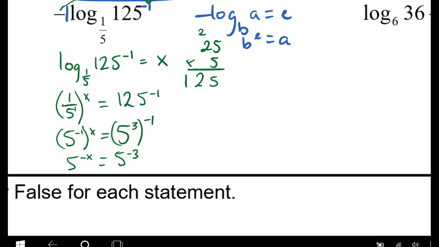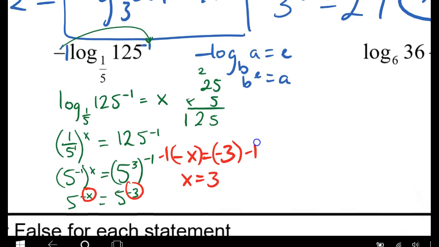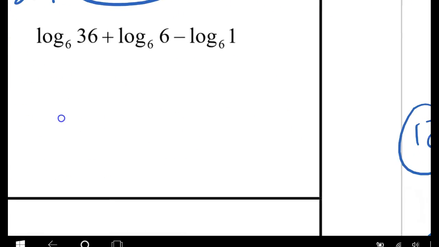So let's do this. These exponents now, set them equal. And then let's get rid of that negative by multiplying both sides by negative 1. Or you could divide by negative 1. Either way works. And then x equals 3. And so the answer is yes, this is equal to 3, or equal to the original expression. Okay, so now this one,